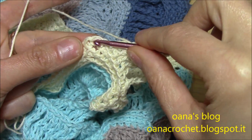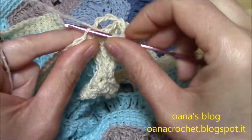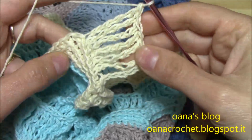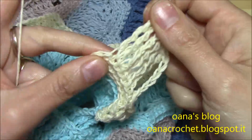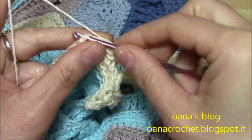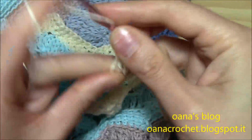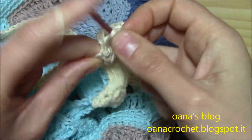Here I have my 1, 2, 3. So this is the first. Into the second, you know, we work the stitches together. So perfect. 1, 2, 3, 1, 2, 3, 4, so there are 7, and now as I said, here in the middle I will put only 3, which means from the next sequence we will have 3, 4, exactly the same number of stitches,